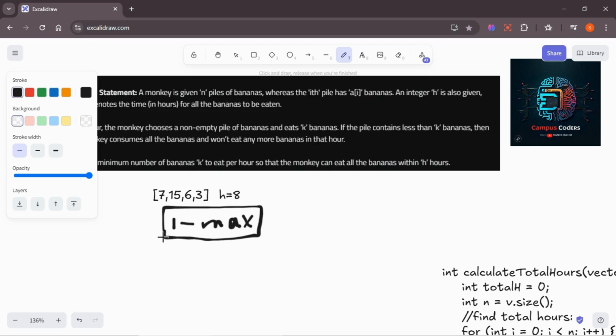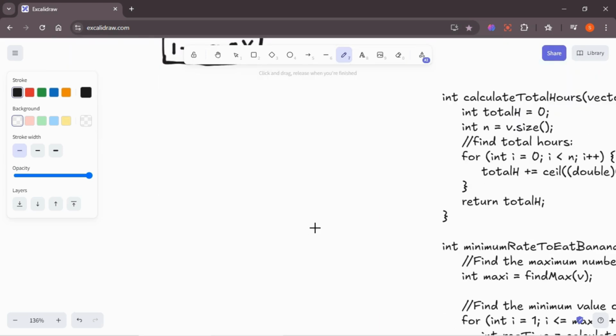So what we can do is go through a loop from 1 to the maximum of this element, and check each one. We will calculate the hour time, how much it takes for each and every element, and then check whichever is minimum, and return that. That's the brute force approach. I hope you got that. We will see the